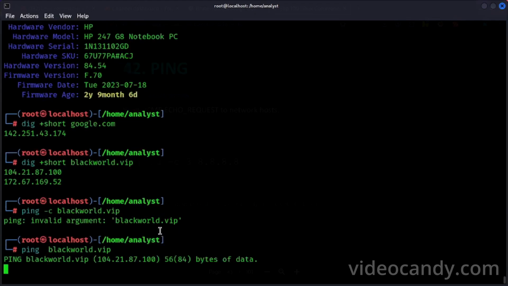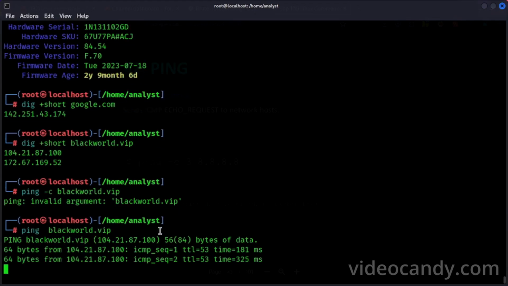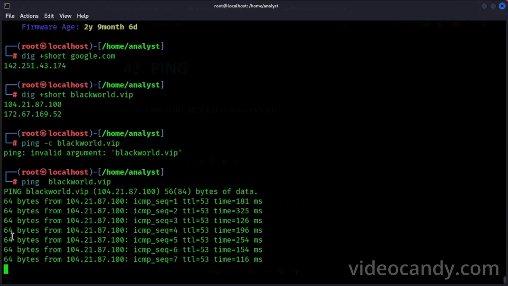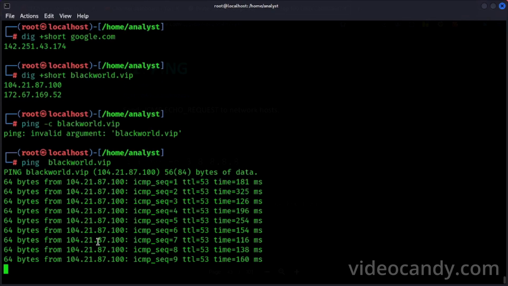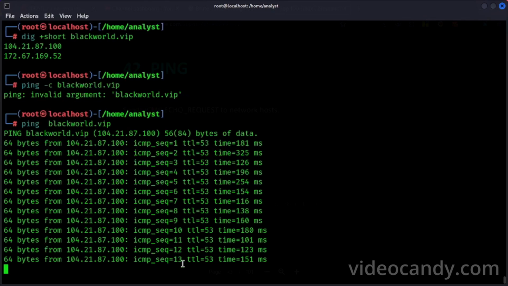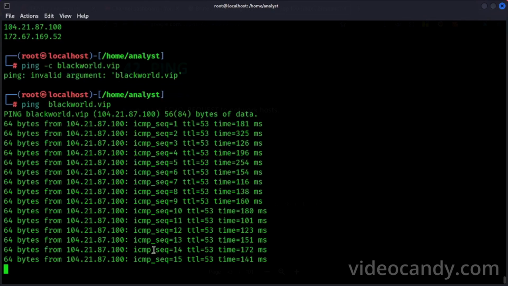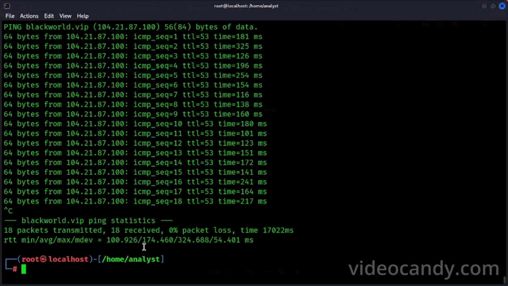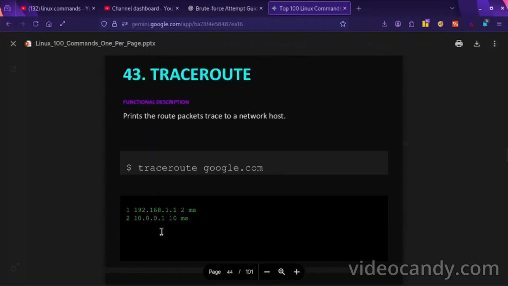If we are getting replies, 64 bytes from ICMP requests, then the system is alive. If not, then the system is not alive.